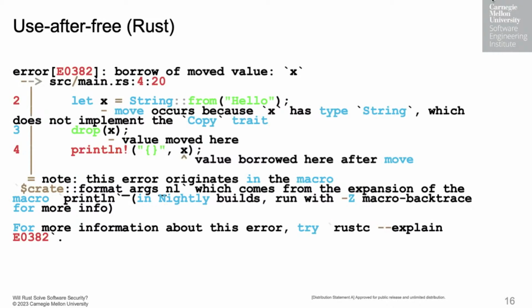Drop is how you deallocate objects in Rust. When you pass something to drop, you give ownership away to drop. And if you remember, the other rule of the borrow checker is all outstanding borrows have to be gone before you give away ownership of an object. So here it's saying println was going to borrow x even though you don't own it anymore. That's not okay.